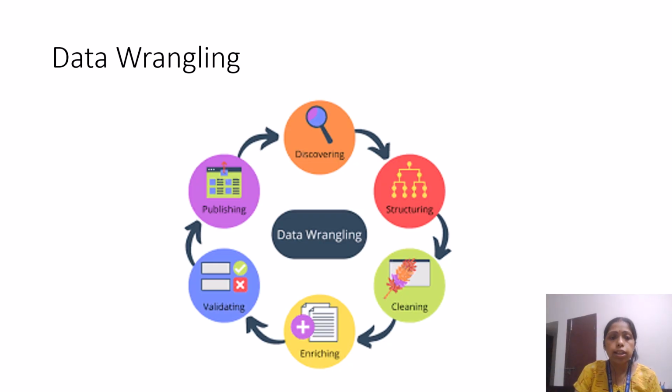So here in the data wrangling process, normally these steps are about discovering, structuring, cleaning, enriching, validating, publishing. Discovering means first we have to identify from where we have to get the data. Then after collecting the data, downloading the data, you have to convert the data into the structured format. If unstructured data is there, you have to convert the data into structured format. Then this structured data has to be